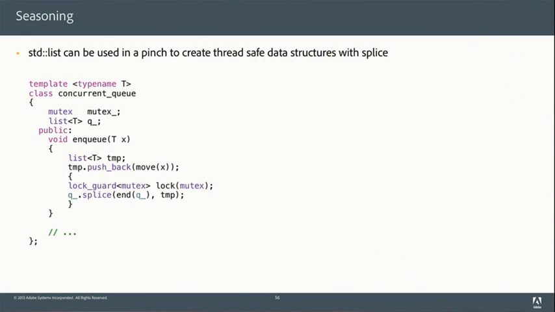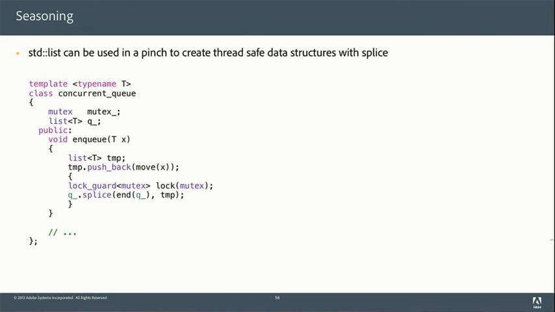But I did want to give a couple tips here. Within the standard, we don't have what would typically be called a thread-safe data structure or a concurrent data structure, something that can be driven from 2 tasks simultaneously. But you do have std::list. Okay? And std::list can be a good tool if you have to, in a pinch, build your own concurrent structure in a fairly simple form by using splice. Okay? So here we've got a lock to hold our mutex, but the only thing we're doing inside of that lock is a splice. Right?